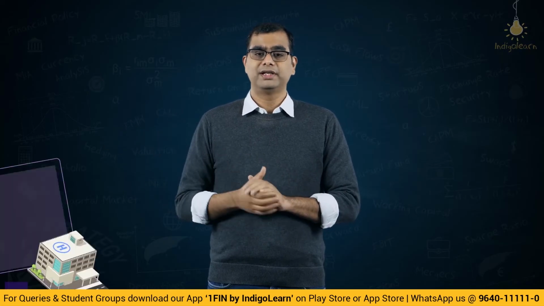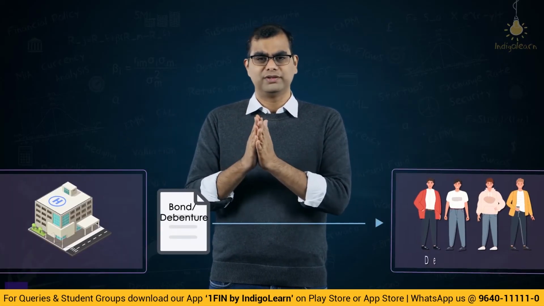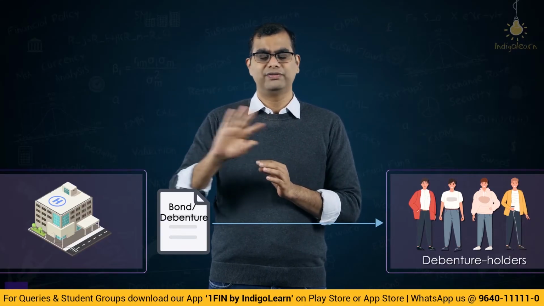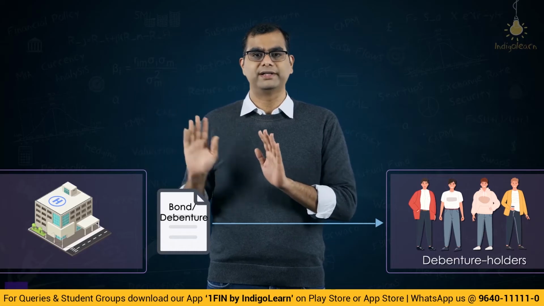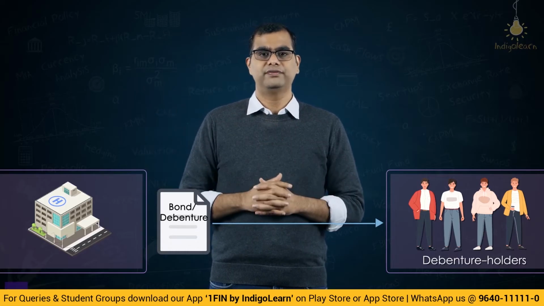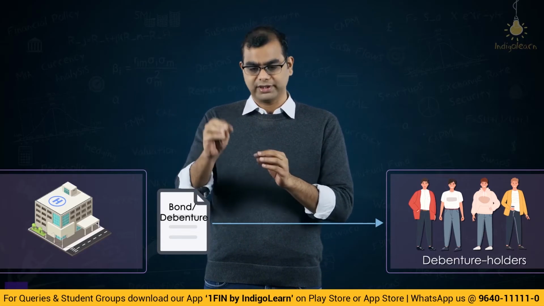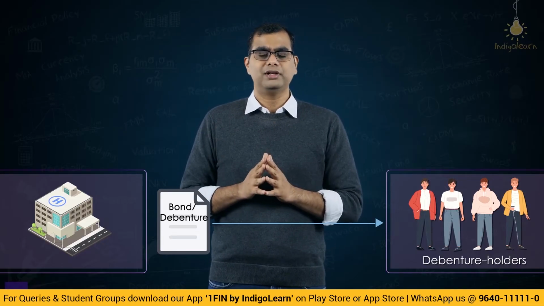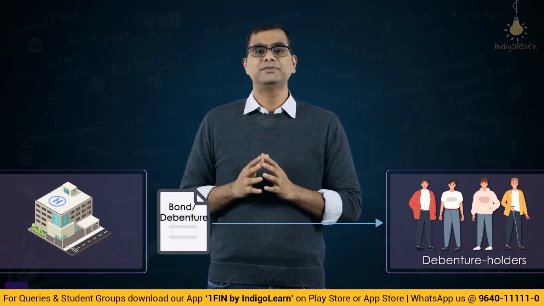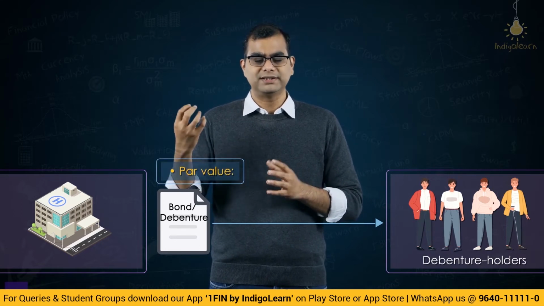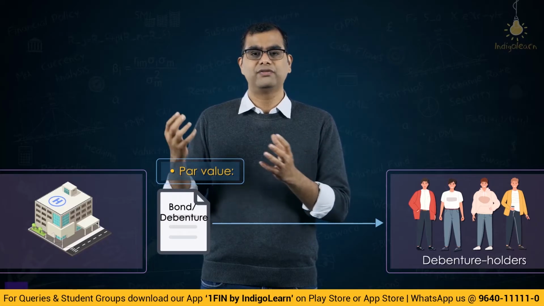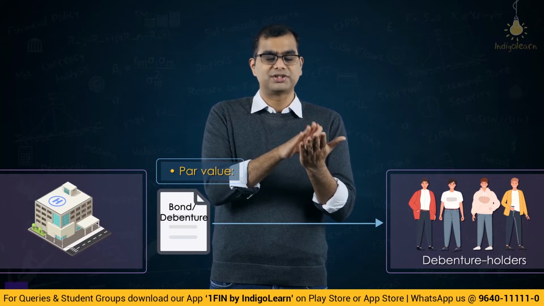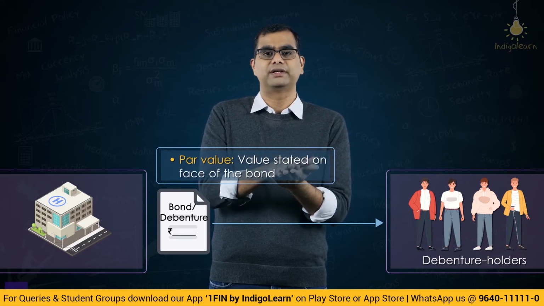There is a company, it has issued a bond or debenture. I said both of them are interchangeable for our understanding. We'll assume unsecured, secured, forget all those differences. Those all will come later. For a moment, assume they have issued a financial security or a fixed income instrument where income comes fixed to the subscriber. They have issued a bond. Now this bond has something called par value. Par value means just like we have face value for a share, for a bond it is called par value, that is the value which is repaid or which is stated on the face of the document.